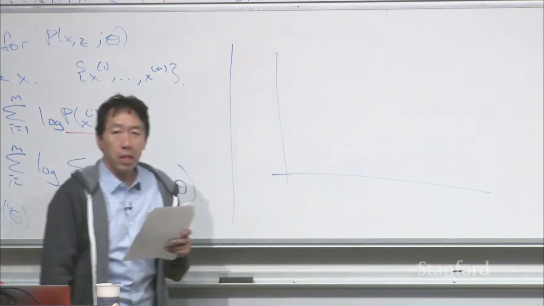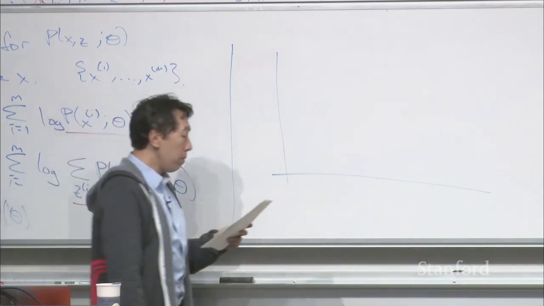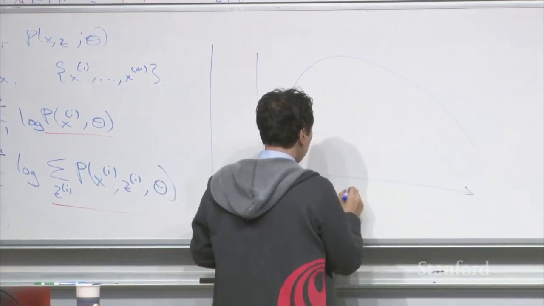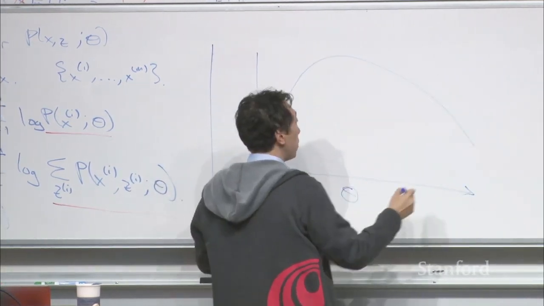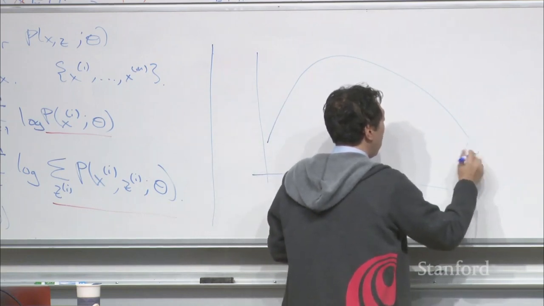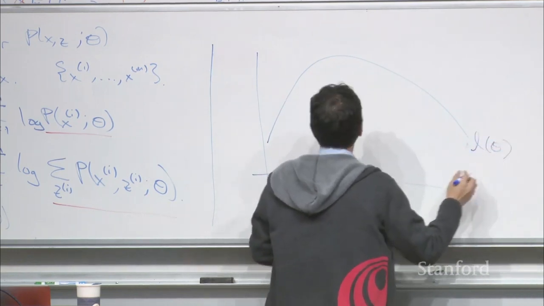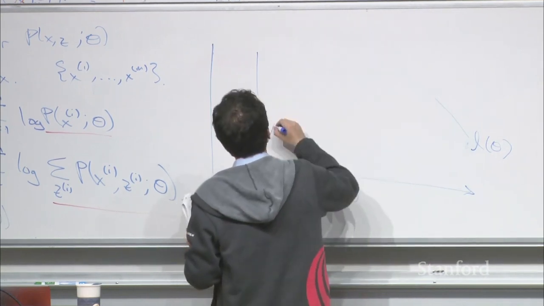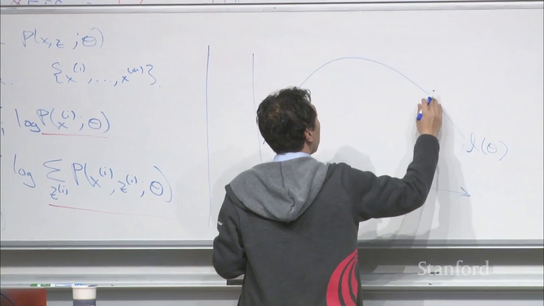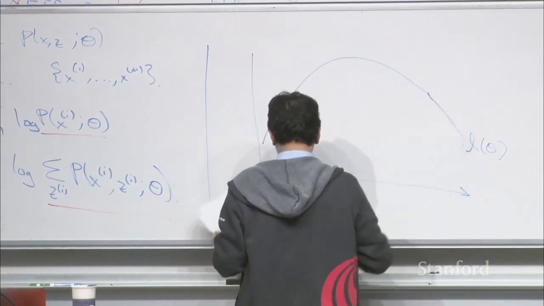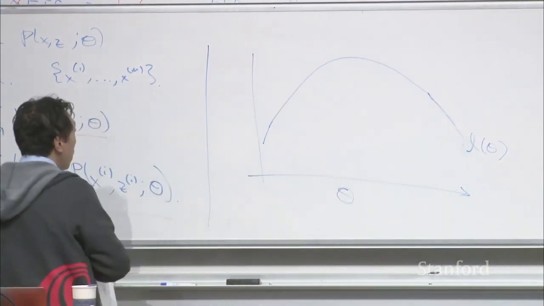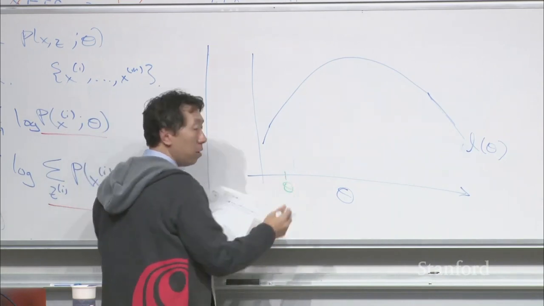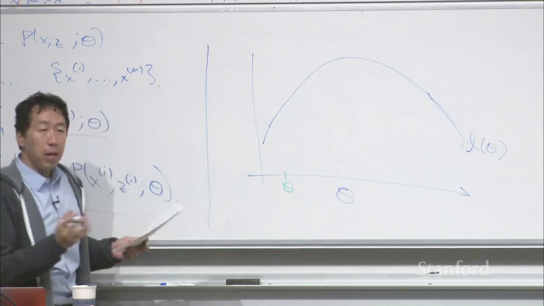Let me draw a picture that I'd like you to keep in mind as we go through the math, which is: the horizontal axis is a space of possible values of parameters theta. And so there's some function L of theta that you're trying to maximize. And so what EM does is, let's say you initialize theta at some value, maybe randomly initialize,